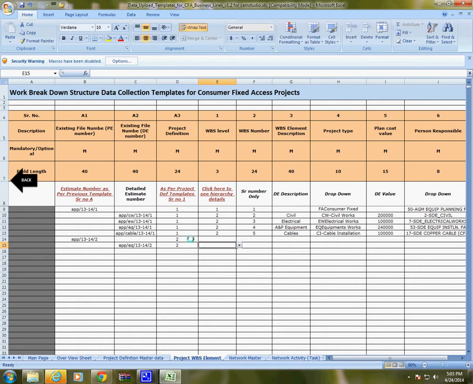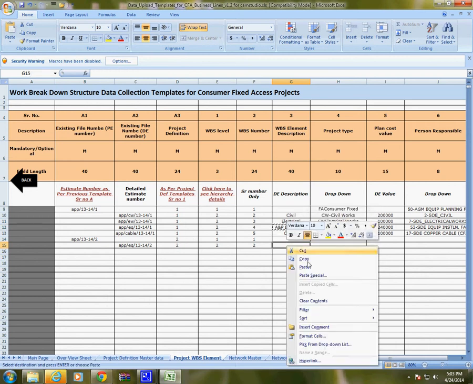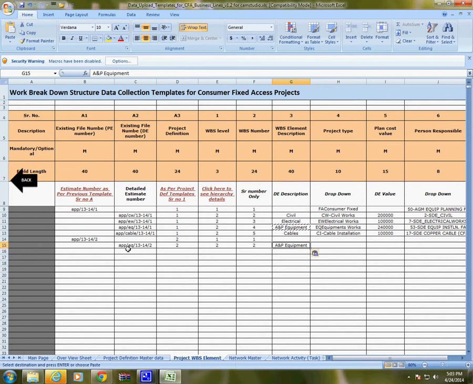So now the next is level. First the top level will be 1 and the second will be 2. This is at level 2. Now the WBS numbering, first one will be 1, the other one will be 2. Since there is only one detail estimate, we'll have the total number of WBSs as 2. Against this I'll not write anything, because I need not. Here I'll write A&P exchange equipment, since I have prepared this estimate only for equipment works. So I'll write equipment works.